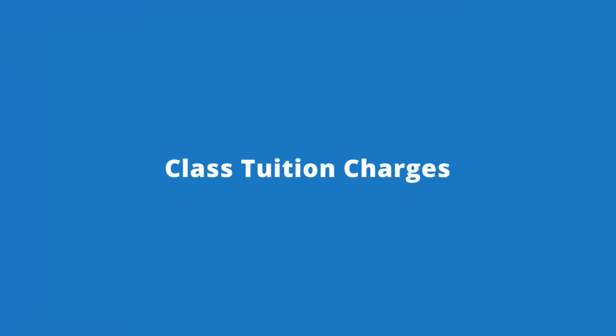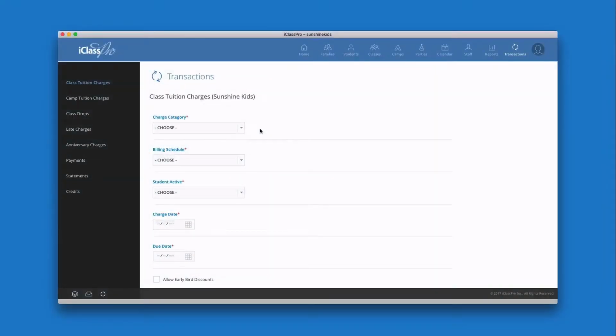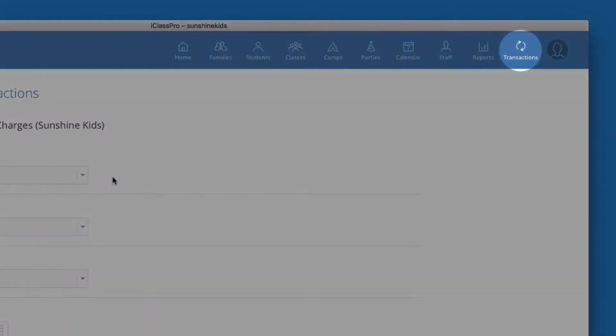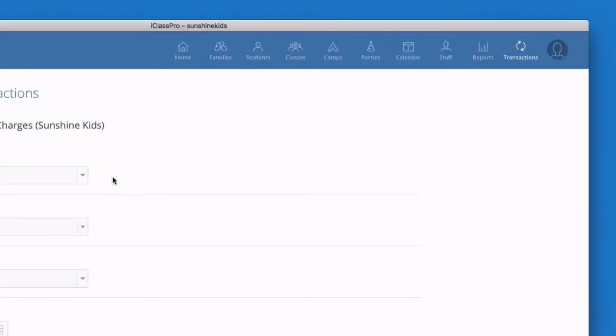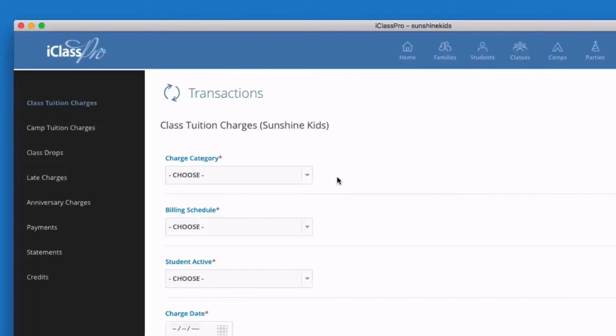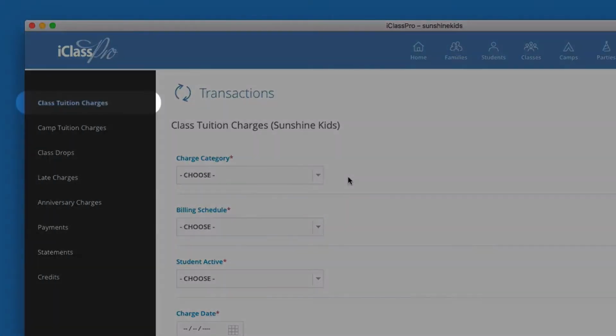Class Tuition Charges. The Class Tuition Charges task is used to charge all students enrolled under a specific billing schedule at one time. To access the Class Tuition Charges task, click on the Transactions button on the right-hand side of the blue toolbar at the top of the screen. The menu will default to Class Tuition Charges, since that is the first item on the menu on the left-hand